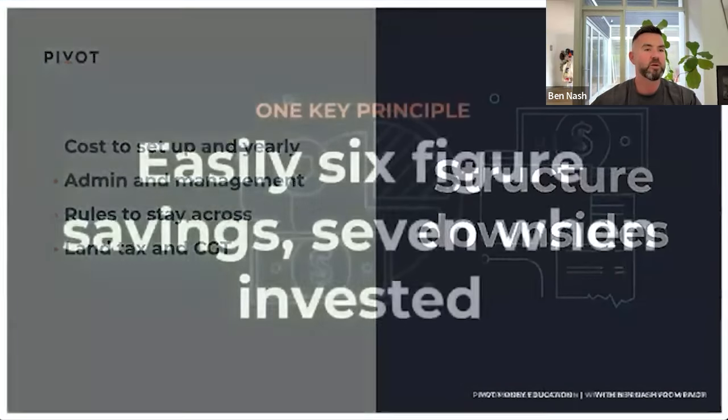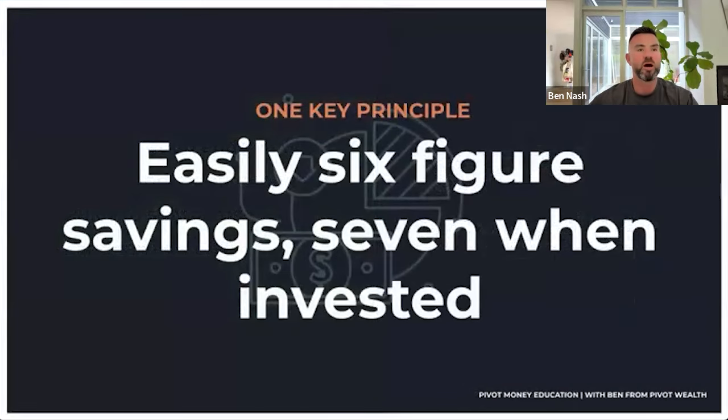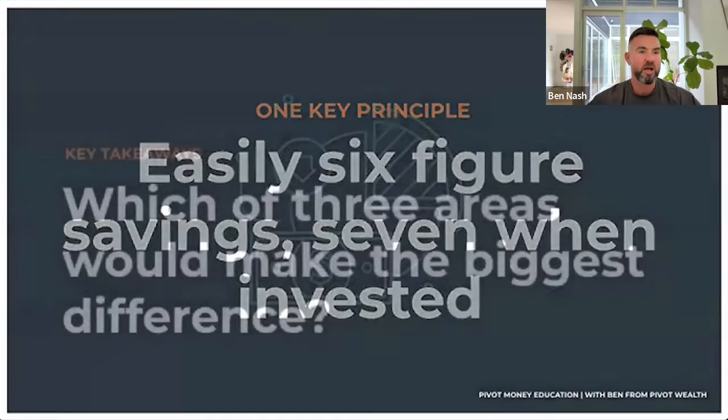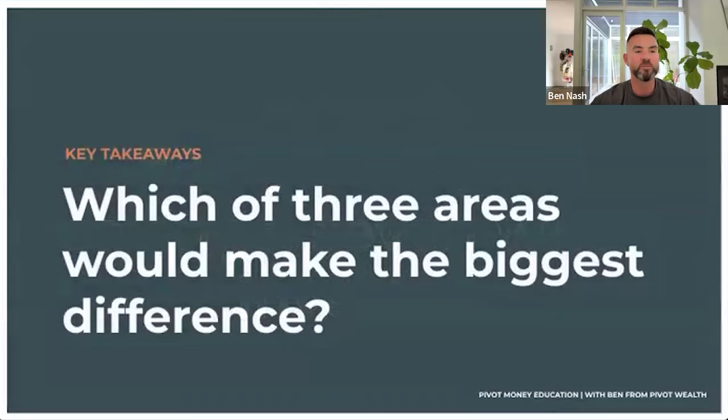But from just those examples, particularly if you're on a strong path, that's easily 6 figures of tax savings there, and probably 7 figures when that money's invested and invested well. And so I'd love to know from you guys, if you just pop into the chat, on the 3 areas that we covered there around cutting tax, protected leverage, secure solutions, what area do you think would make the biggest difference for you and your money?